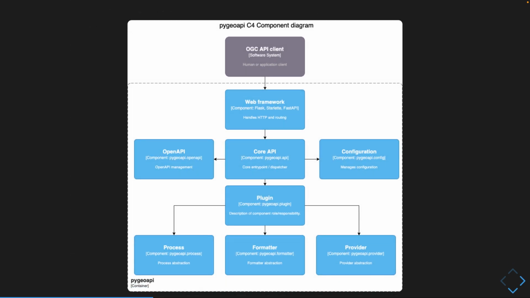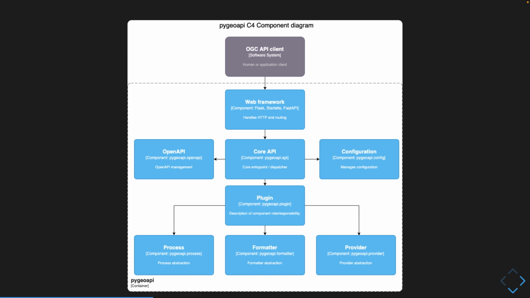Here's a component diagram of how pygeoapi is designed. Right in the middle of the diagram we have the core API, which is a core Python API. The core Python API makes itself available through a web framework, which is basically what's providing the OGC API support. The idea is the OGC API client connecting to pygeoapi knows nothing about pygeoapi, but they know about the OGC API itself that they're connecting to. So the web framework connects to the